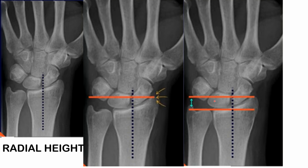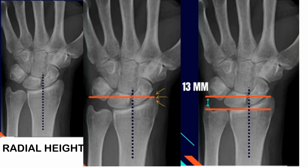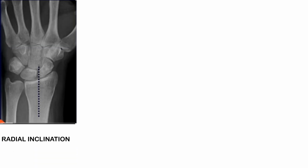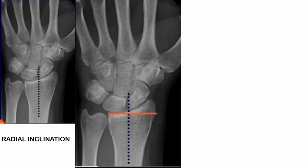And the difference between the two lines will be the radial height. Now, in order to remember a number, it is taken. The radial height is usually on an average taken as 13 millimeters. Now, for radial inclination, again draw a long axis of the radius and draw a perpendicular line to the central